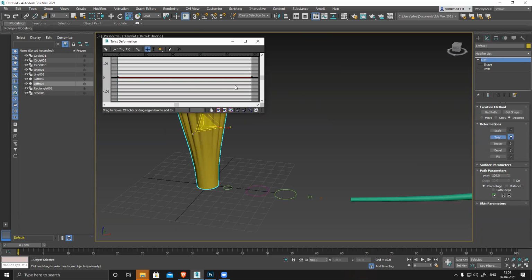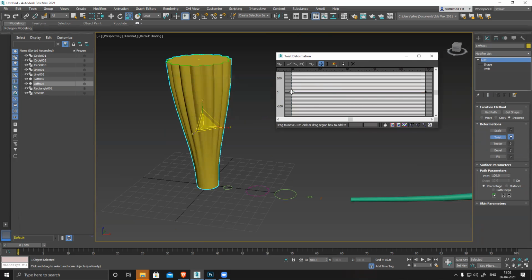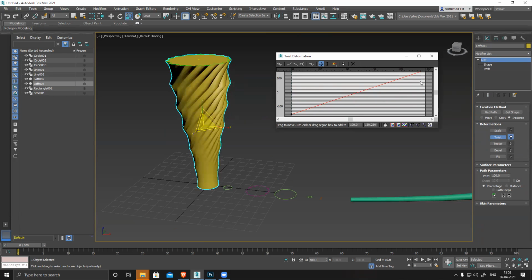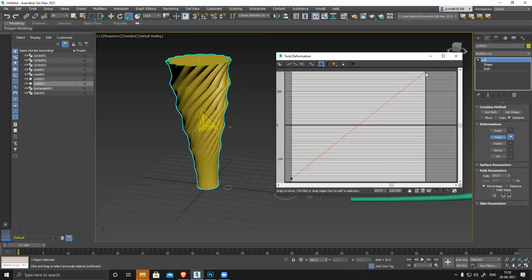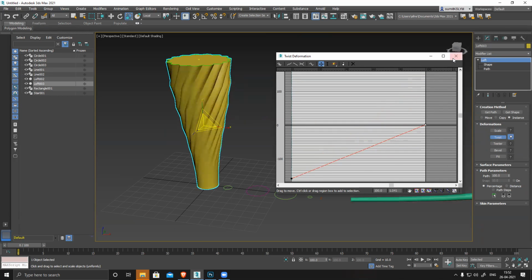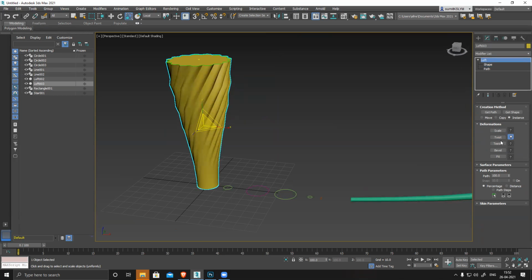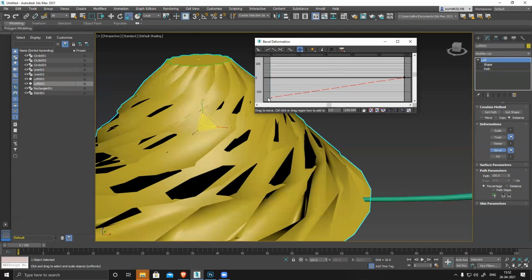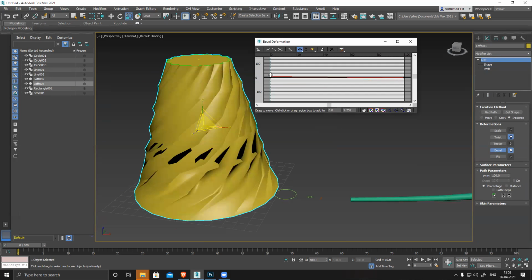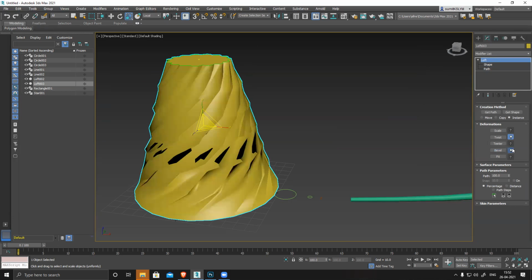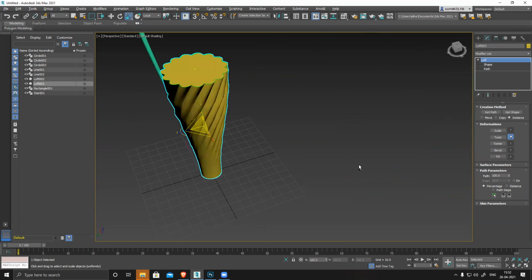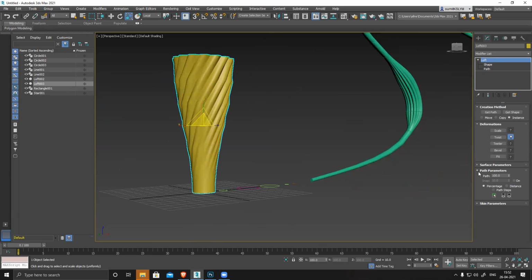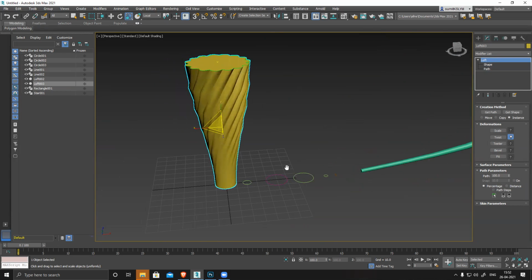If I want to twist it, see, I can twist it really nicely. Scale option is there, bevel option is there, all these options are there. I can basically bevel everything, soften everything, but it's not very nice. Undo. So you can see, I can create twist and all these things, scale, I can modify path, shape, and everything.